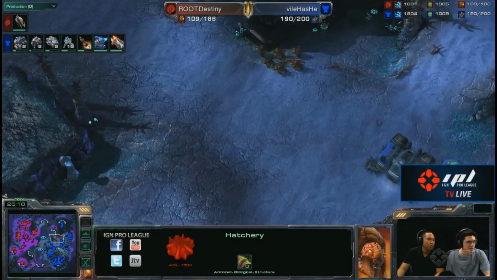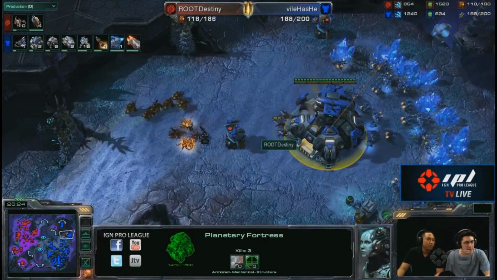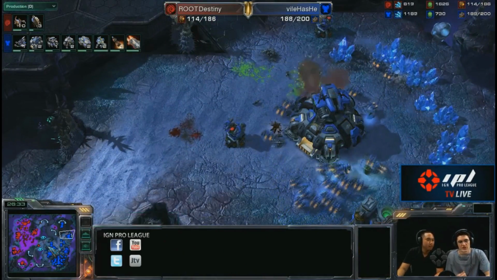It looks like he might just be doing that. Destiny now coming in with a group of Zerglings here. If these Banelings can get into the mineral line, it would be huge. I don't know if they can, he stopped moving them. Yeah, I think he could have, but...